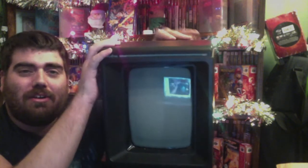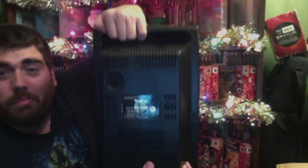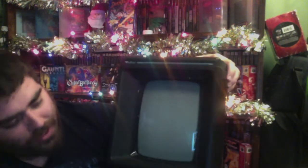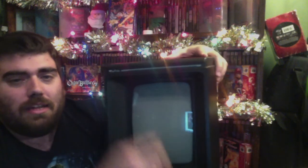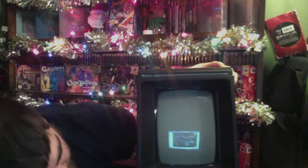So, yeah, it has a place to hold, so it's portable. Like a knob here, the brightness to adjust that. But yeah, and the cool thing is it has little tabs here where you connect the overlays, and